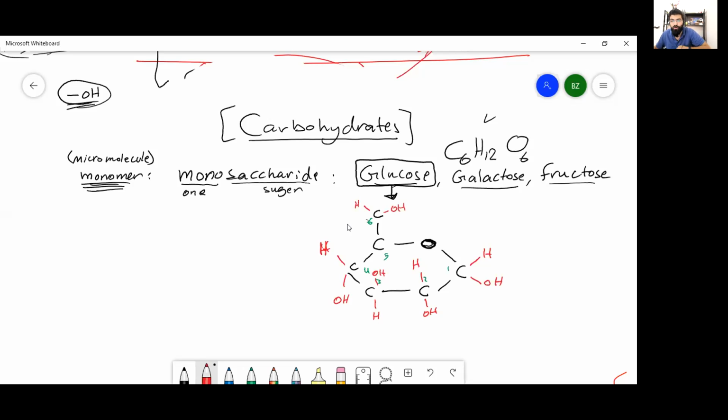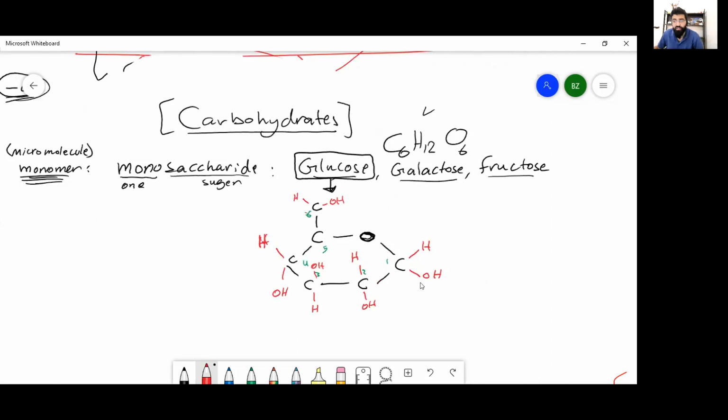Is it clear for all? Yeah, easy. This is the Haworth structure. Look, and every carbon carries hydrogen and OH. If you count now the number of oxygens and the number of carbons, you would find